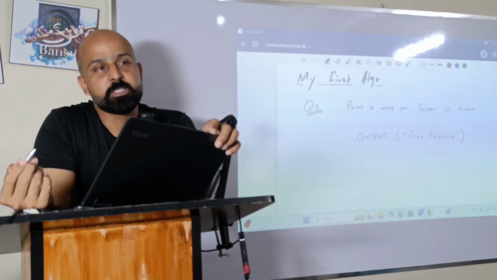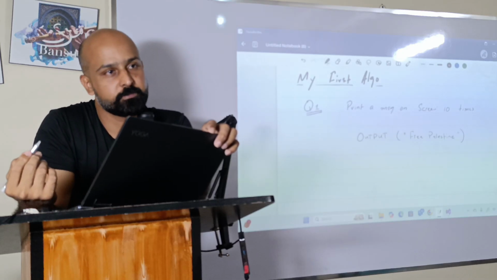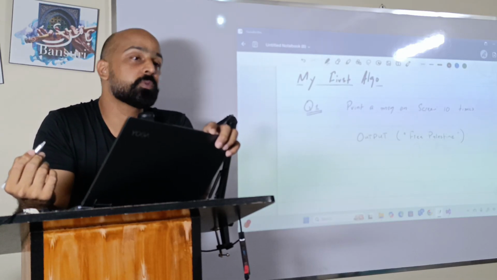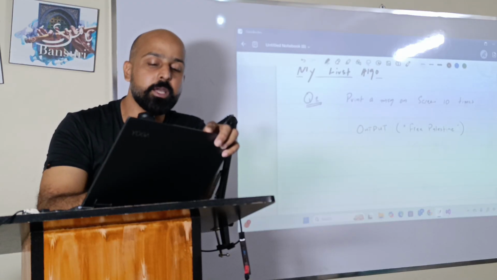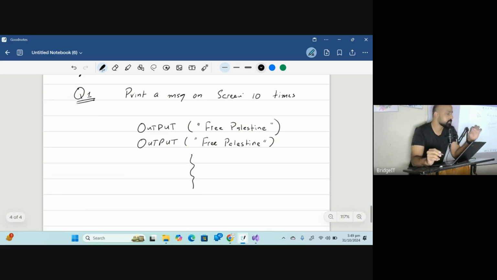Hopefully. So if this is a message, and if I wanted to print this message 10 times, there is one way that I can write down the same command. The command is to display the message on the screen 10 times. You people might be thinking that I'm going to write down this thing 10 times, which I'm not. I'm just going to let you know. You can write down this output message 10 times, and this message will pop up on the screen 10 times. This is pseudocode, okay?